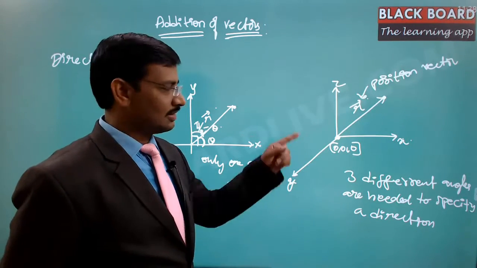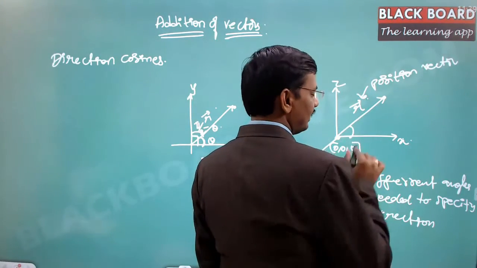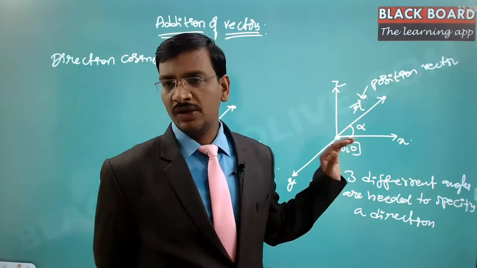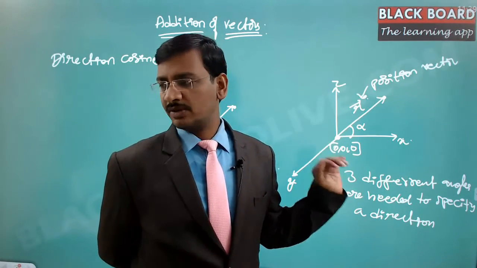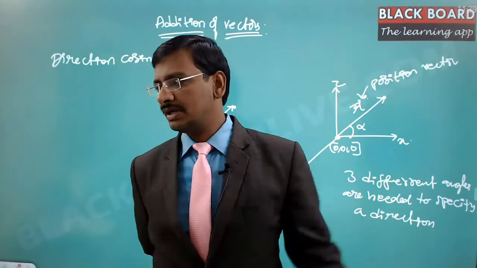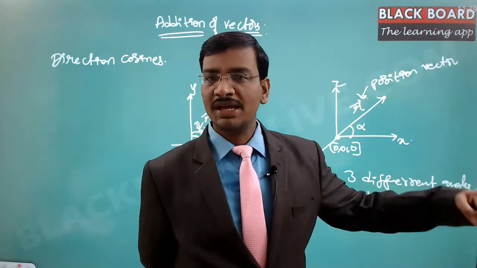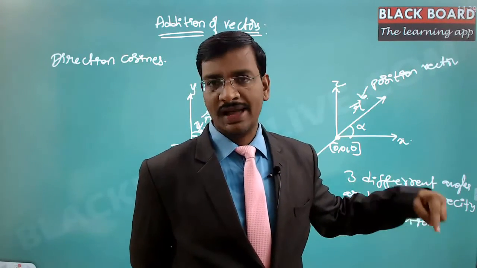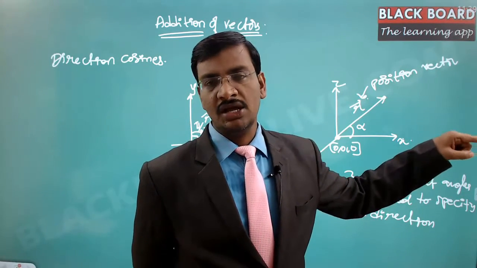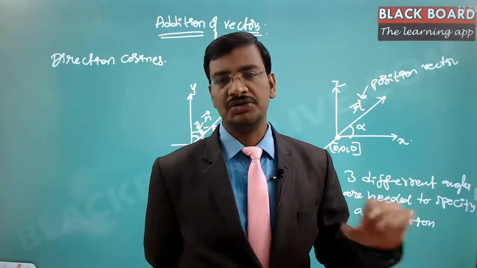But in three-dimensional geometry, the problem is, if you specify the angle alpha with respect to the x-axis, there is no way you can find out the angle with respect to y or z. Suppose from the left corner I draw a straight line towards the fan. The angle it makes with the x-axis, the angle with the y-axis and the angle with the z-axis, all three angles are unique and in no way interrelated to each other.